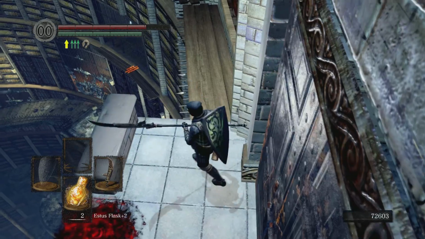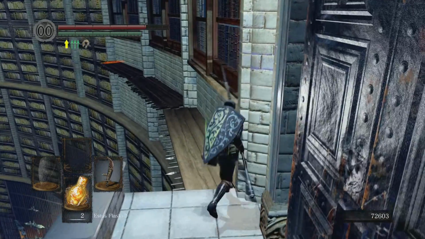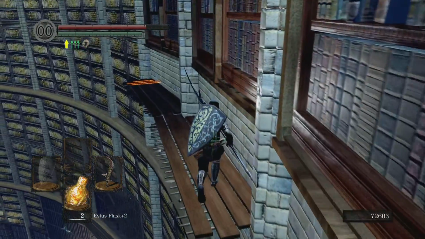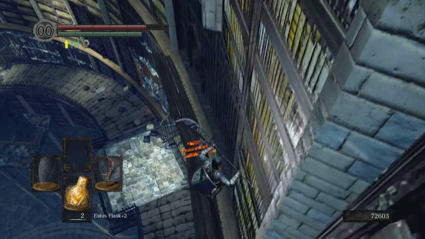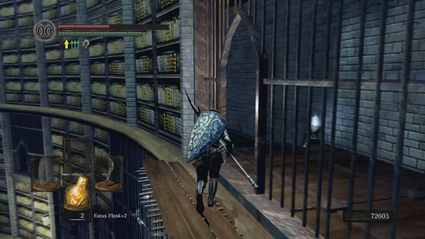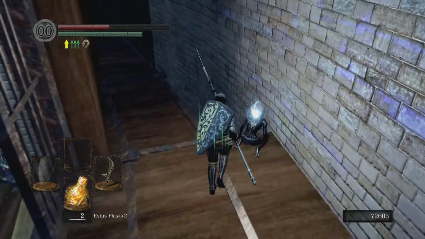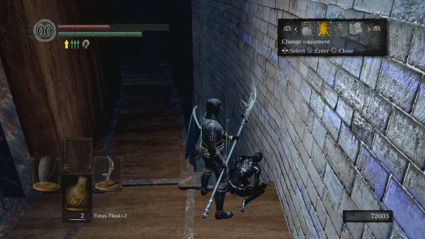Now, there is another item over there as well to be had. We'll just go and get that now. So we drop down here. Oops. Supposed to drop down from the ledge first. There we go. We get the maiden as well as a ring, which I didn't see what ring